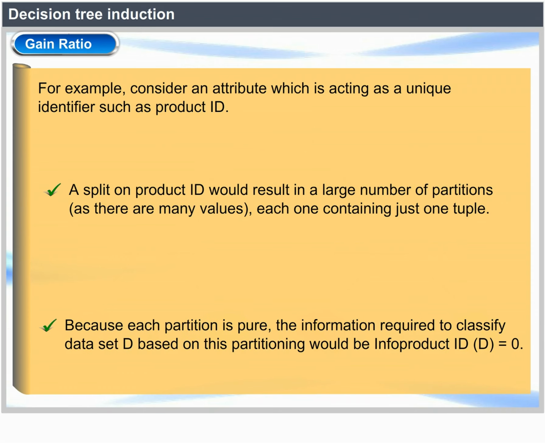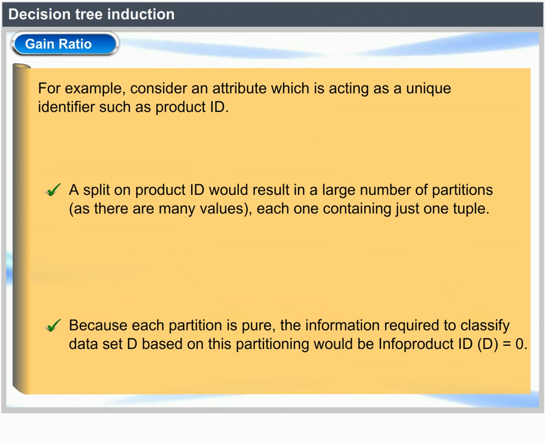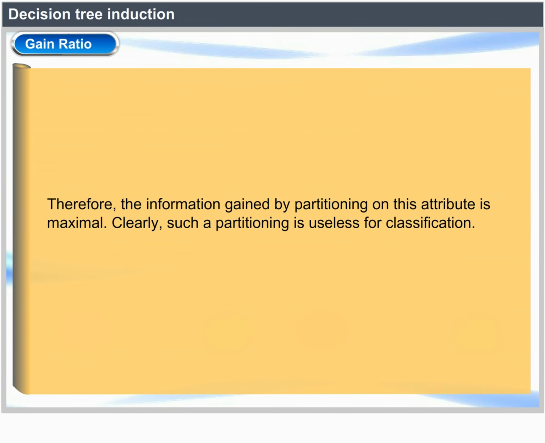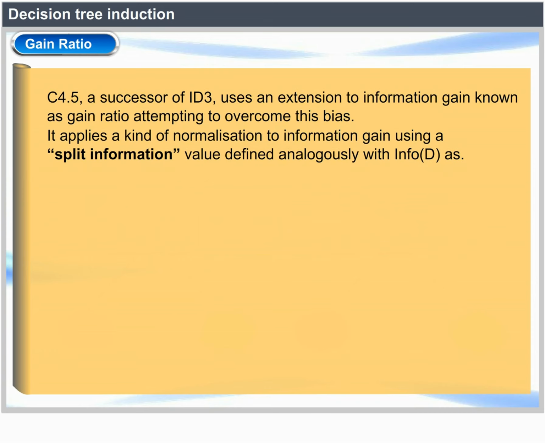Because each partition is pure, the information required to classify dataset D based on this partitioning would be Info_productID(D) equals 0. Therefore, the information gained by partitioning on this attribute is maximal. Clearly, such a partitioning is useless for classification. C4.5, a successor of ID3, uses an extension to information gain known as gain ratio, which attempts to overcome this